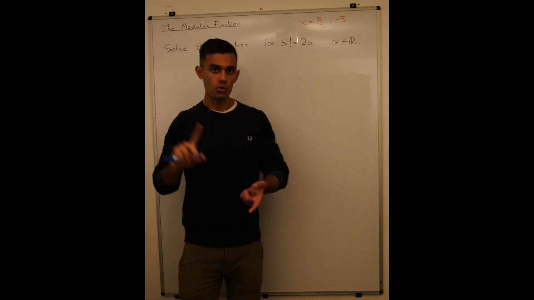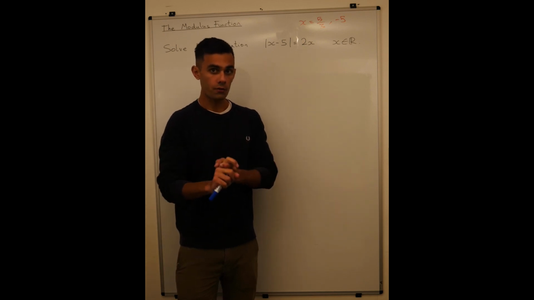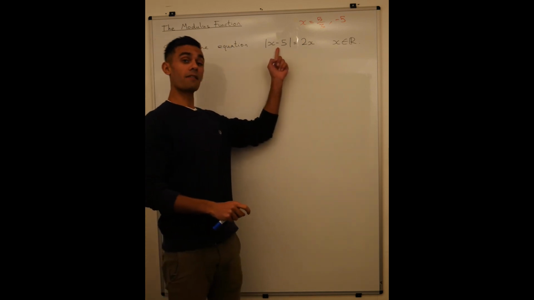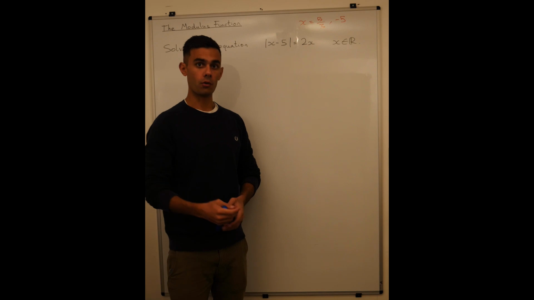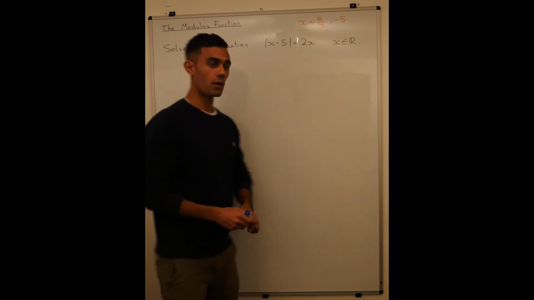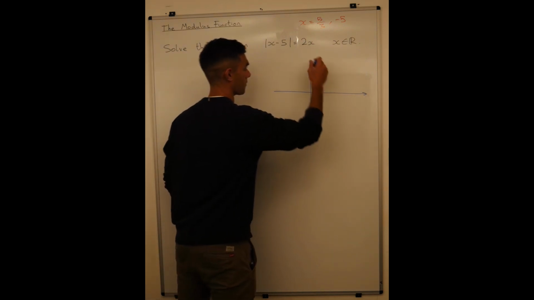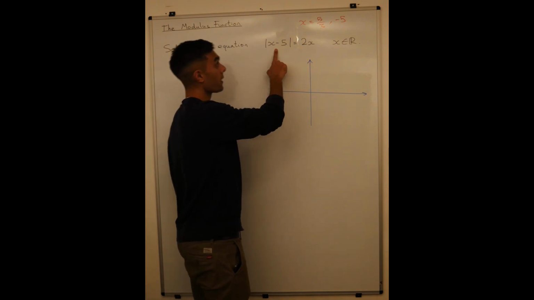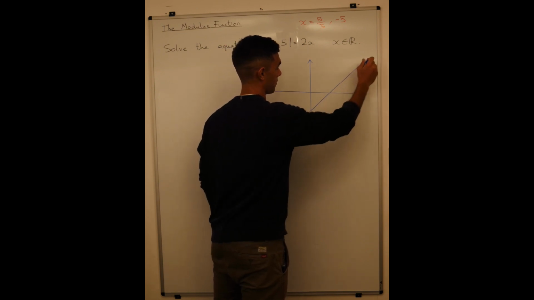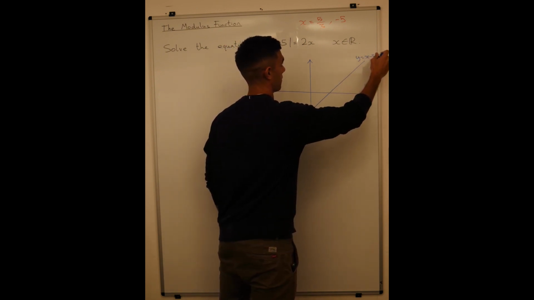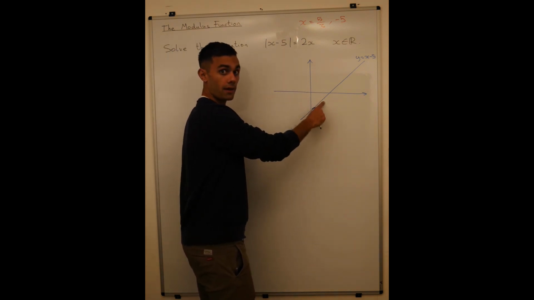Okay. What you should do when you're solving equations that have the modulus function in, most of the time, is sketch the left hand side and the right hand side and use your sketch to inform how you solve the equation. So to begin with, let's sketch this. Okay, x minus 5. Well, I'm just going to draw it without the modulus to begin with. That's x minus 5 as a line, and if you want the modulus around it, whatever's below the x-axis gets